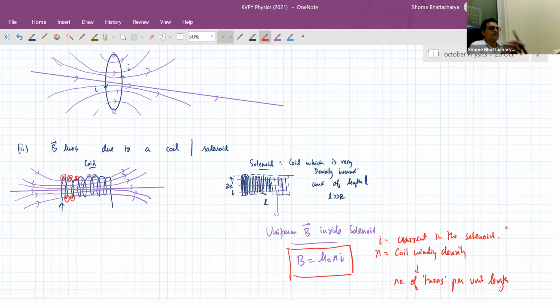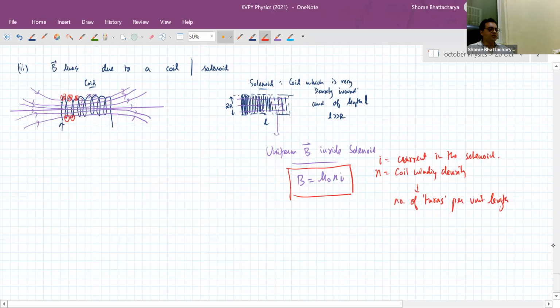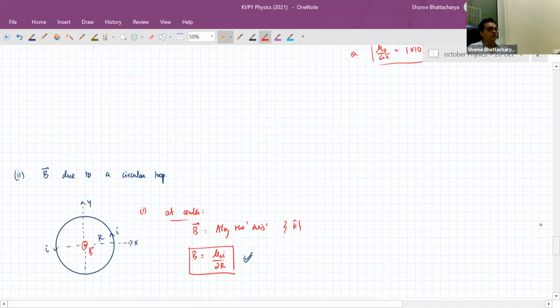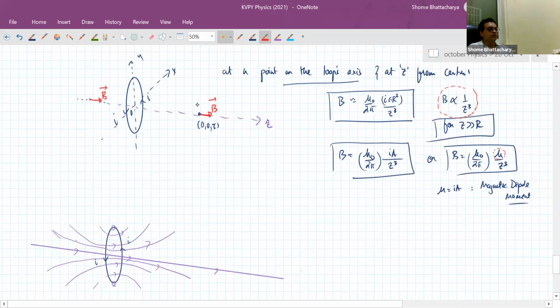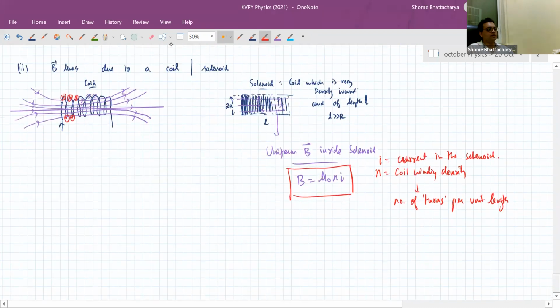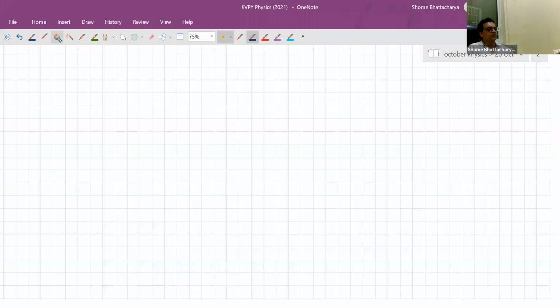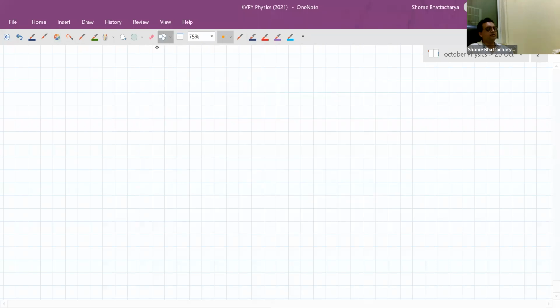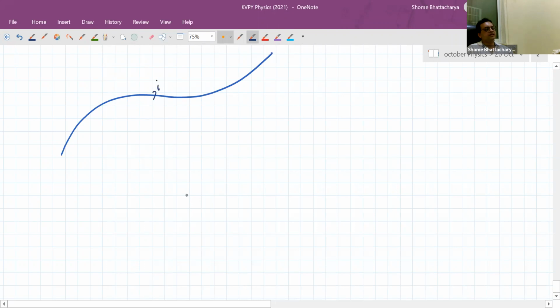Now, just to conclude this as general knowledge, I will tell you where all these formulae that we have written actually come from. They come from an application of the experimental law called Biot-Savart's law. In KVPY, you will not have questions based on Biot-Savart's law, but just for continuity, you should understand how this comes. It comes from the experimental observation that if we have any current carrying wire of any shape like this, then it creates a magnetic field around it.